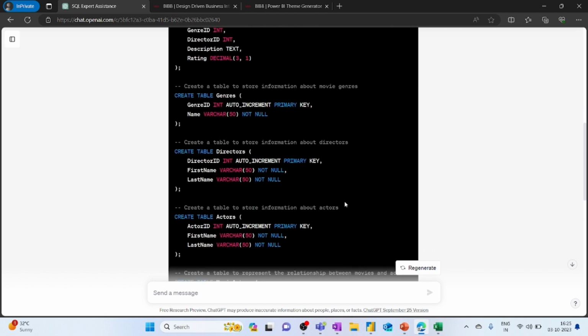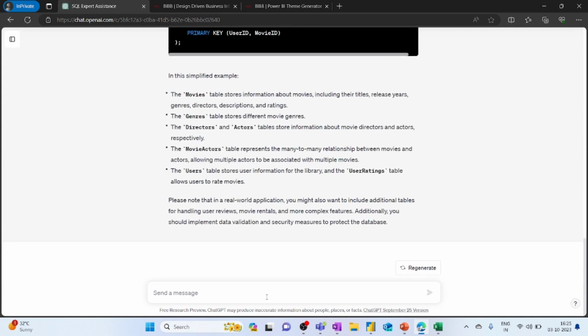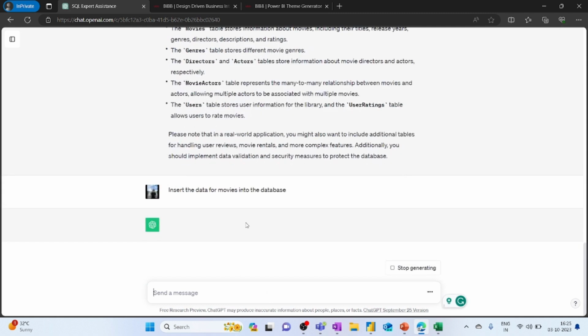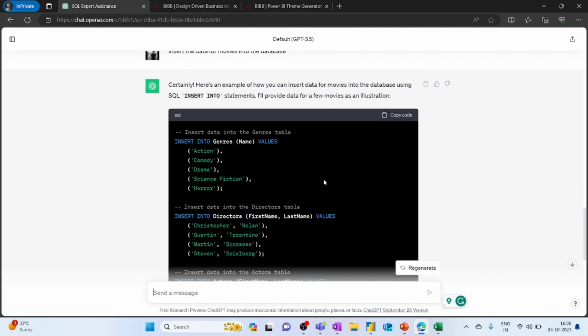Now let's say you want to insert the data into a table. So what you have to do, you simply have to enter the prompt. We have inserted the prompt as insert the data for movies into the database. So again, it will provide me the SQL code for this. So as you can see here, it has written me the code to insert data within our database. So we can simply copy this code and paste it within SQL to create the database and then enter the